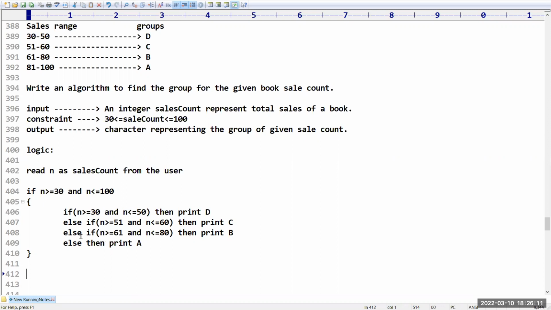Okay, sir, let me check. In C language we will check, in Java we are going to verify, and in Python also we are going to verify. Sir, please confirm, is the logic clear for you, guys?